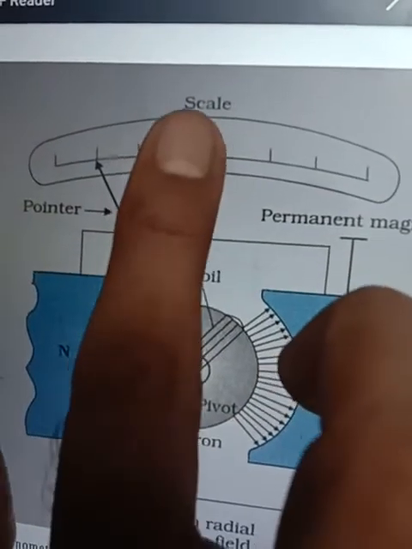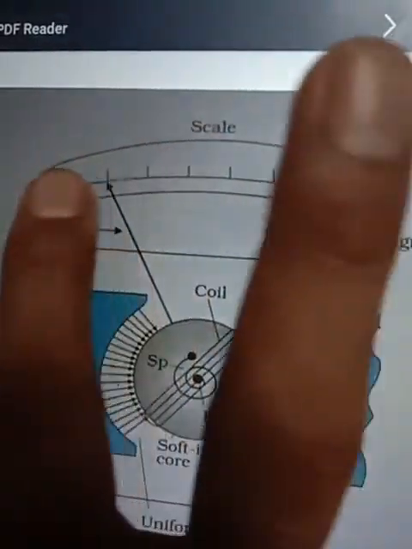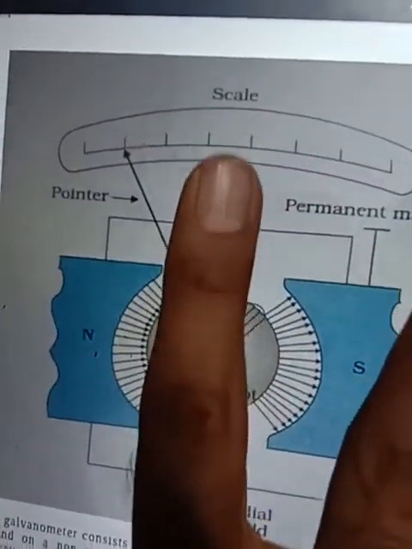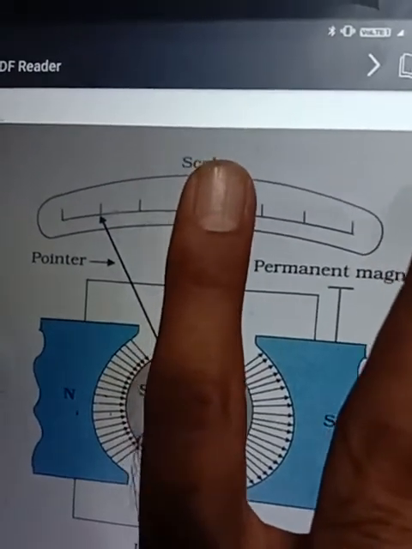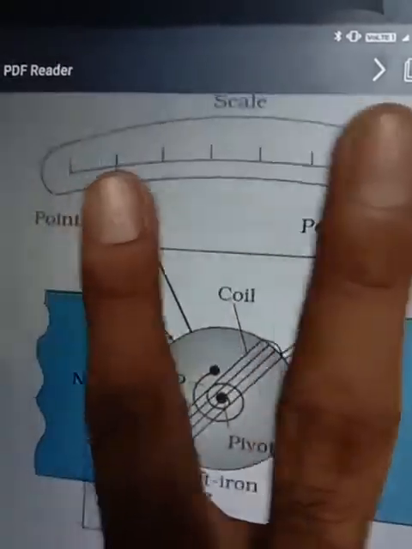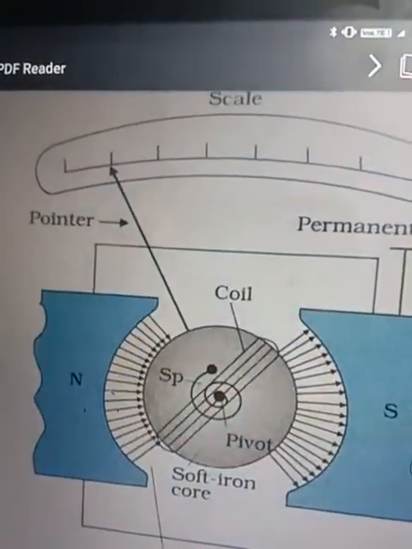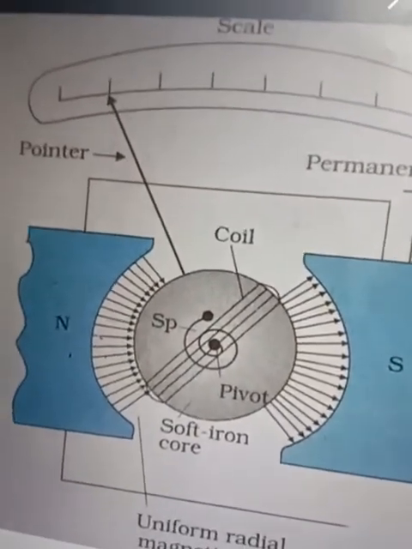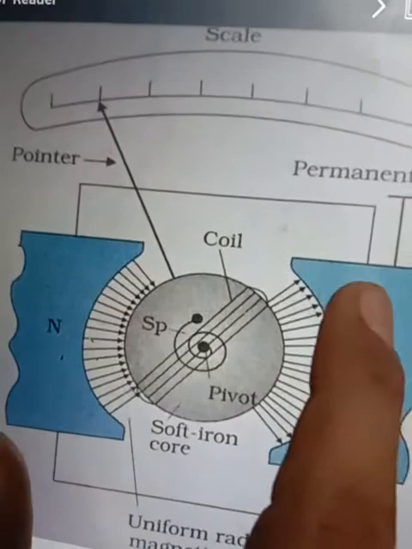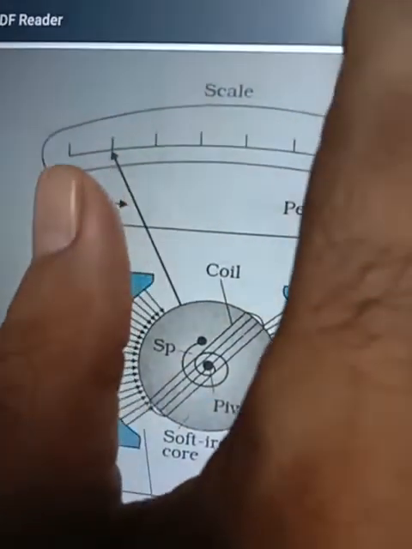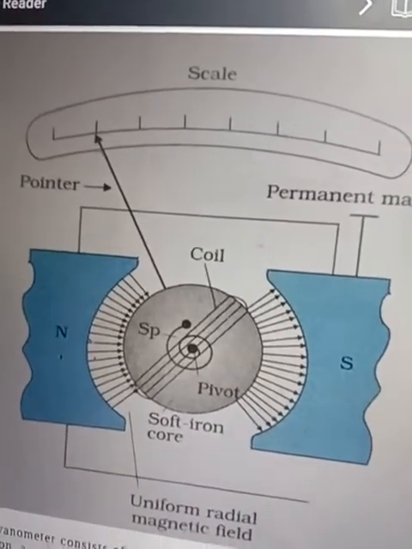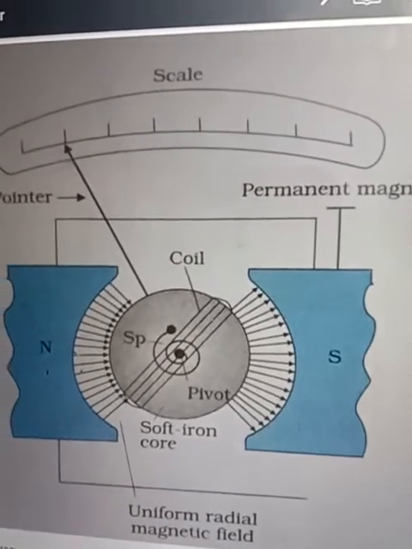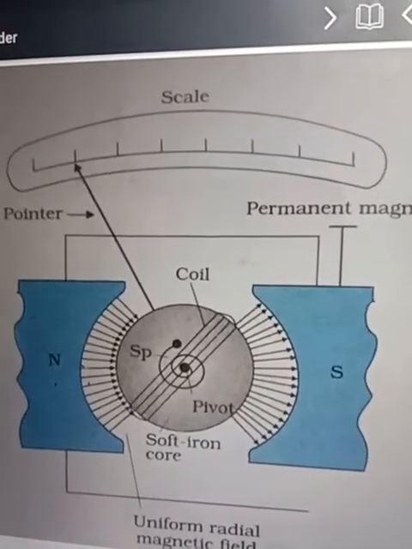At the center there will be a zero scale. So this scale will show us the pointing, means where the pointer is going. So initially when no current is there, then the pointer will be showing the deflection at the zero. But as soon as the current is allowed to flow, it will give the full scale deflection. So in the galvanometer there will be always a full scale deflection. So this is the construction of the galvanometer, and this galvanometer, what will happen? It will act as soon as current is allowed to pass through it. So this galvanometer will be used, and now we have to see the theory of this galvanometer.